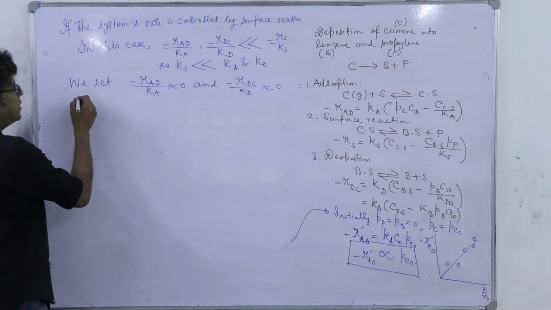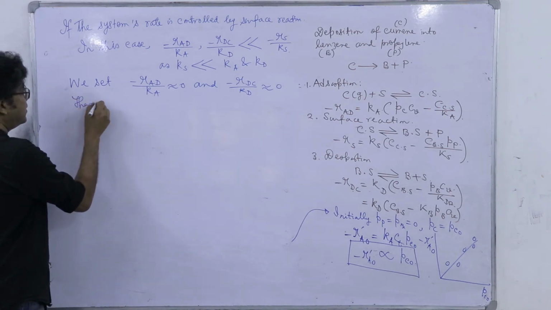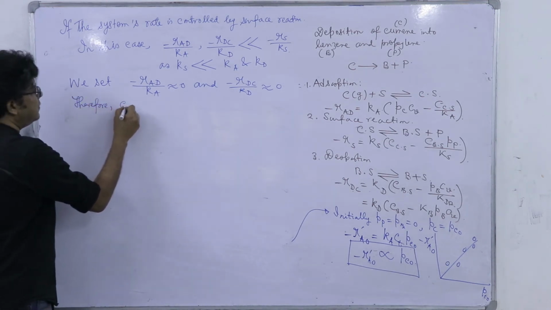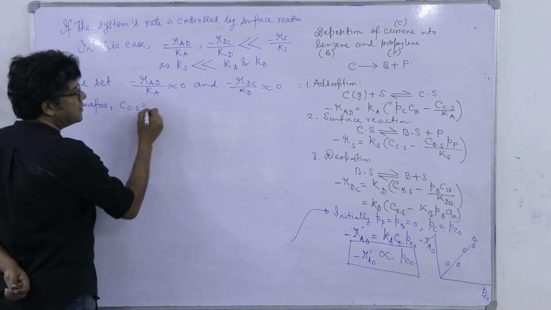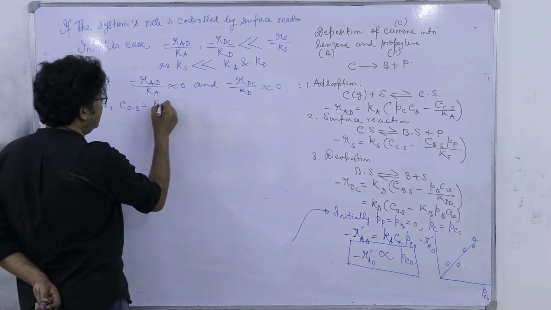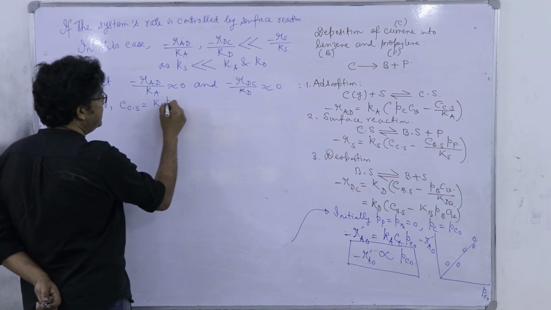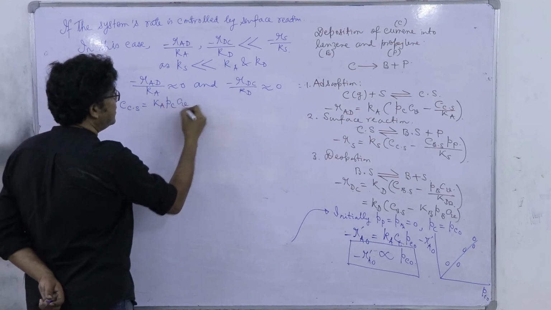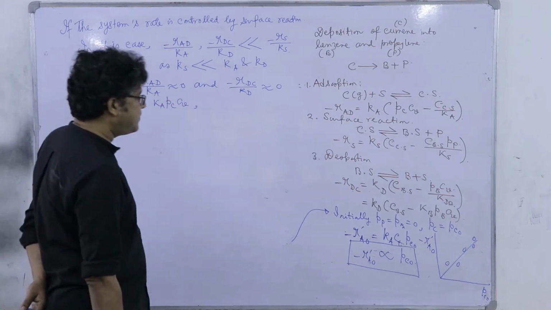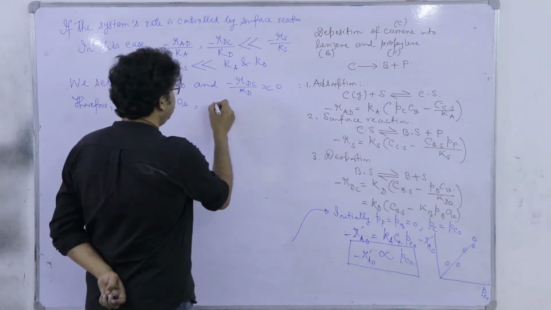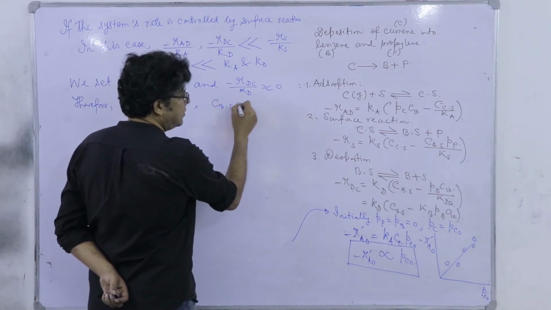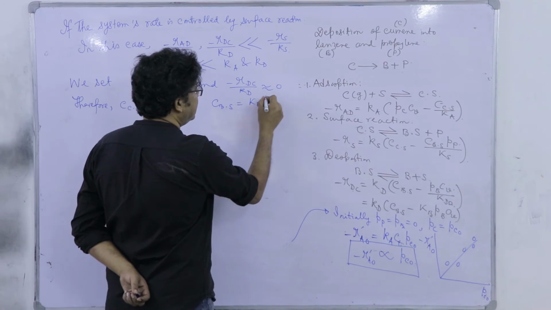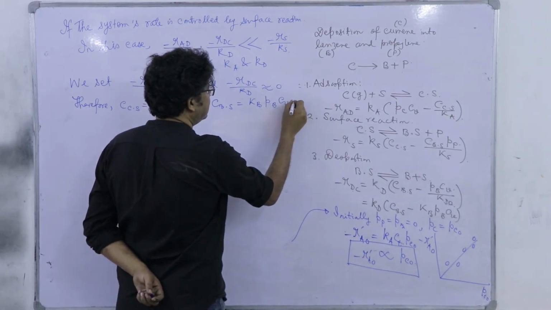So, therefore, Cc·S becomes Ka Pc into Cv and Cb·S becomes Kb into Pb into Cv,